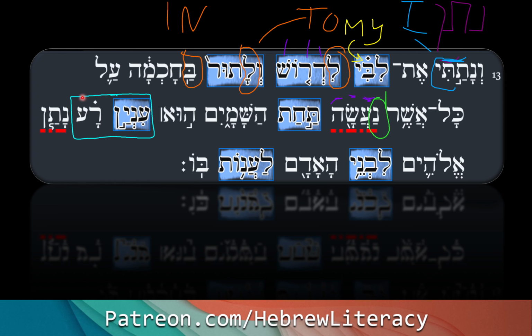It's true that if you count these as construct chains, you do include the last word, the word that's in the absolute. Though I'm not putting it in blue here anymore because technically that last word is not in the construct state. It's in the absolute state, which is the normal dictionary form. So, inyan ra, a business, a dealing of ra. It is a bad deal. What is? Tachat hashamayim, everything that's under the sun, or under the heavens. I keep doing that. Who inyan ra? It is a bad dealing, a bad affair.